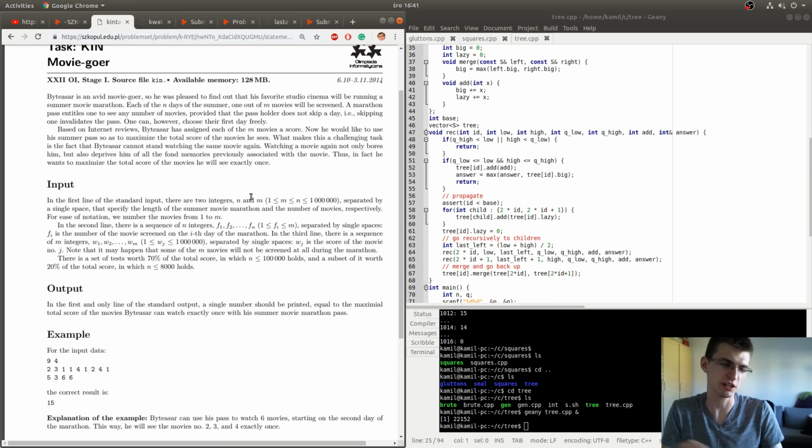Because it's a sequence of movies, and you choose some interval of movies to watch, but you don't like watching movies twice. So if you watch the same movie more than once, then you dislike this movie. And so only numbers that appear exactly once, not more than that, you add towards the score, and the question is, what is the maximum possible score to get?